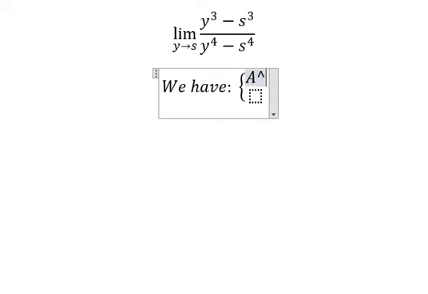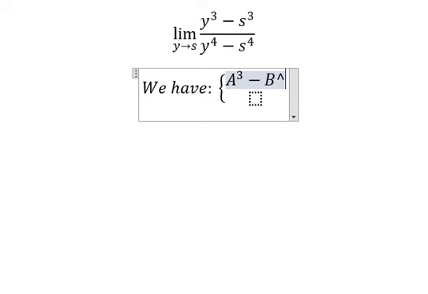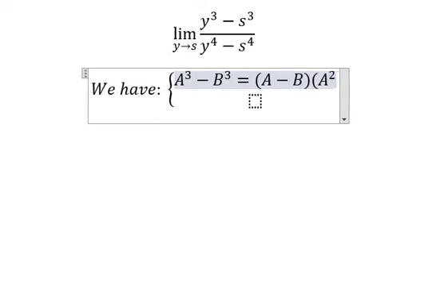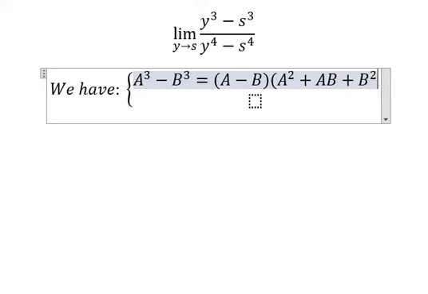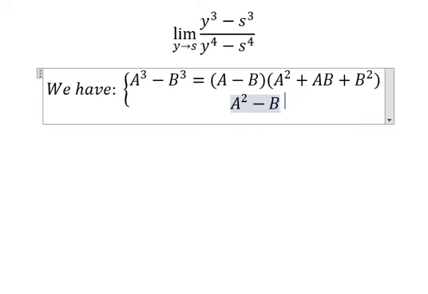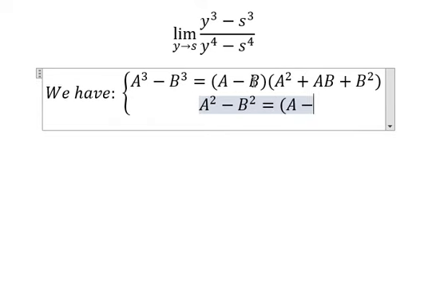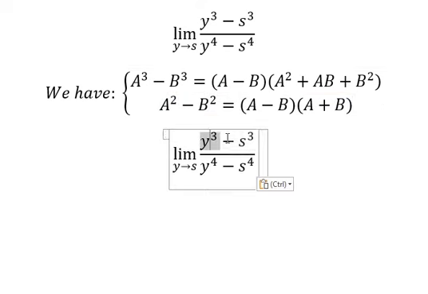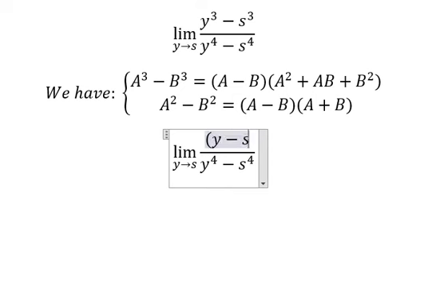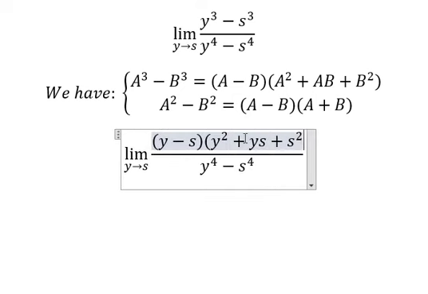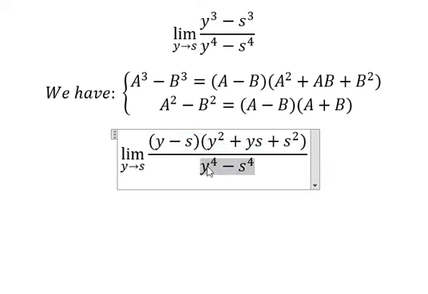That is about a to the power of 3 minus b to the power of 3 equals a minus b, and a square plus ab plus b square. And the second one, now we can apply two formulas in here. So we have like this. And the second one,